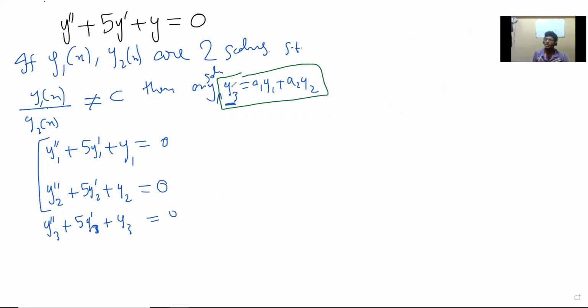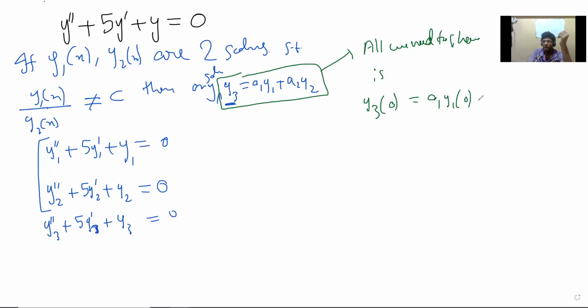that y3 is equal to this, right? Given any y3, it is equal to a1 y1 plus a2 y2. But for this, all we need to show is that y3 at 0 matches with this. This is again a beautiful thing, that if it matches at 0, and if the derivatives match at 0, then that's it. Then that implies, so I'm saying that these